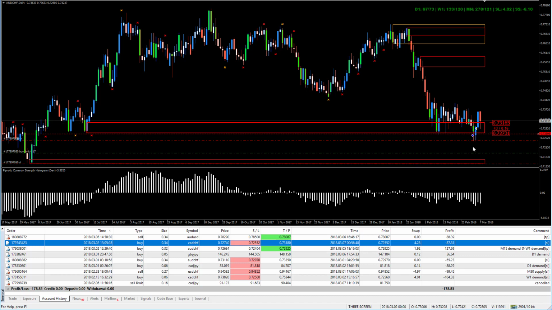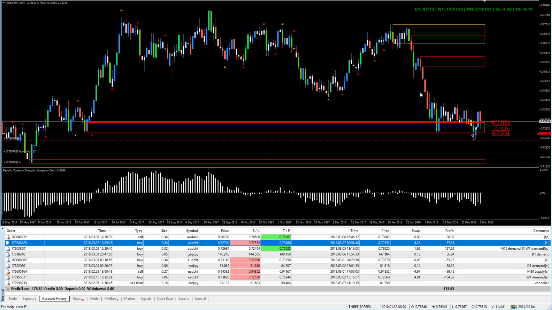And price came back to it. It tore through it, went back to this support here, and this is where price left. But isn't this a much better entry than up here? Yes, price did move against us for a while. It moved against us,